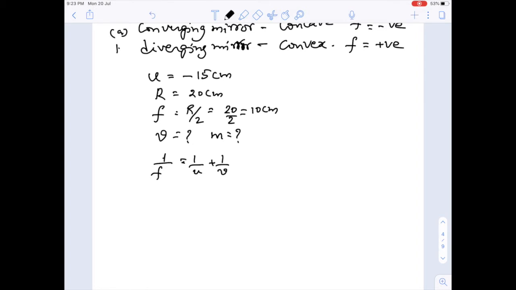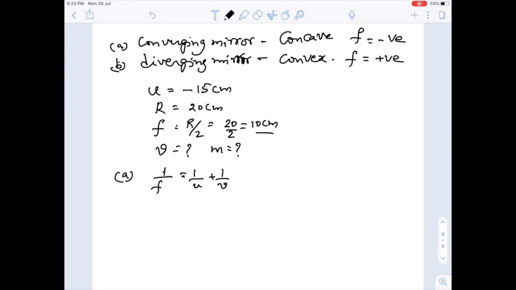I will call this case a and this case b. First, I will solve it for a. For a, the focal length is 10 centimeters, so I will write this as 1 by f, which is minus 10, because f is negative for a converging mirror. So, minus 10 is equal to 1 by u, which is minus 15, plus 1 by v,